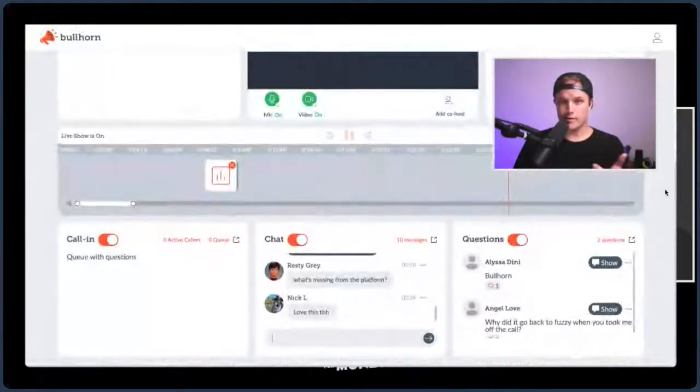So this is that. And then I just saw this. I wasn't really paying attention. Let me go back to my shot, so maybe it'll show up better. You can hide or show a comment. So there should be a comment popping up here in just a second. Okay, so that's what a comment looks like. Then I can show another comment. We'll hide this one, we'll show Angels. Let's see. Okay, cool. Why did it go back to fuzzy? I accidentally double clicked that. That wasn't a glitch, that was a user error.